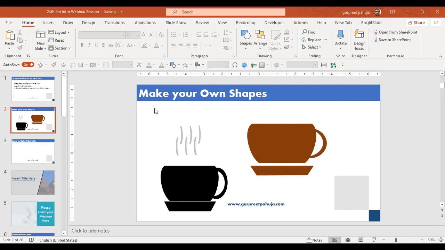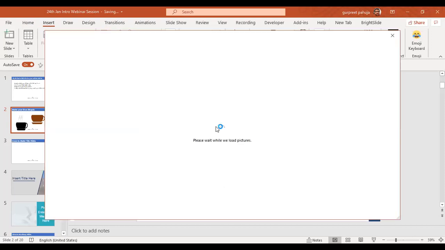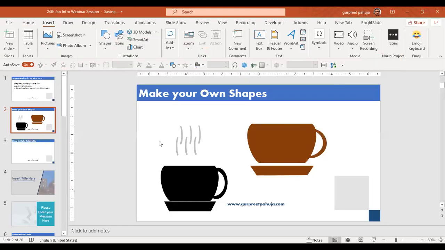Okay. So like this, if you go to the insert tab in the picture options, you will have a lot of pictures coming in. There are a lot of pictures which you want to make your own. So using this option, you can make it. You don't have to go for stock images. I'll also show you how to make this team.